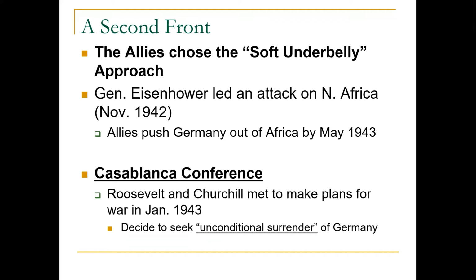Around this same time, Roosevelt and Churchill are meeting to make plans for the war. So this is January 1943. They meet at the Casablanca Conference, and we're going to talk about several different conferences. What is important that comes out of the Casablanca Conference is an agreement to seek what is called unconditional surrender